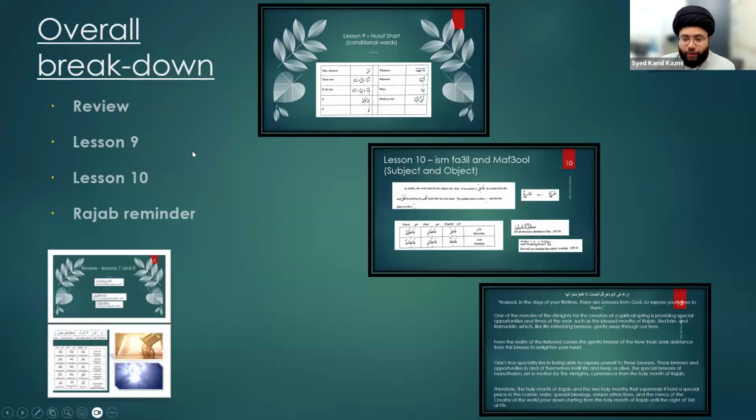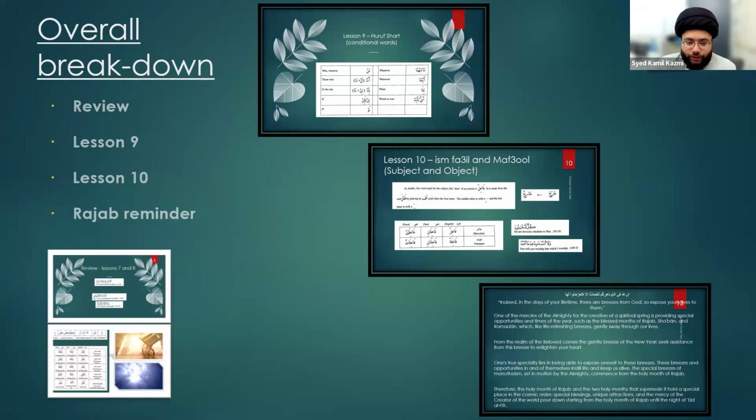So just like before, as is customary in my classes, we're going to start off with a little bit of a review. Again, remember the purpose of this review is not to answer the questions in the class. It is rather to raise questions and give you examples. I pick examples from the book that I think you should be able to answer now that they've gone through that previous session. So the review today will be from lesson number 7 and 8.